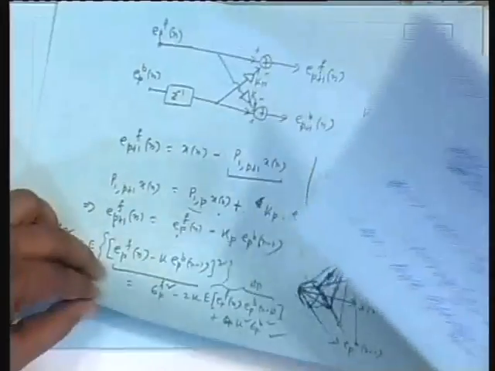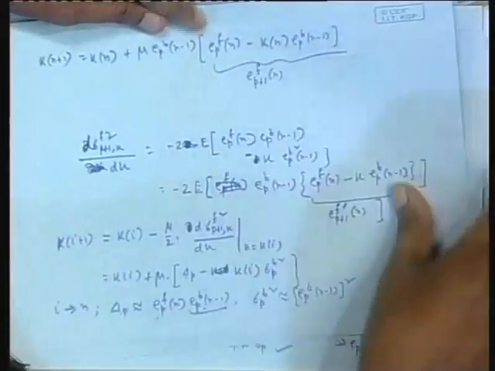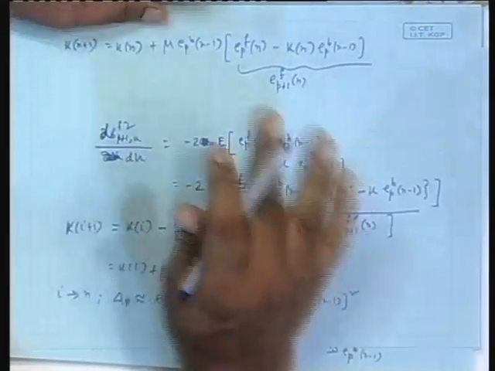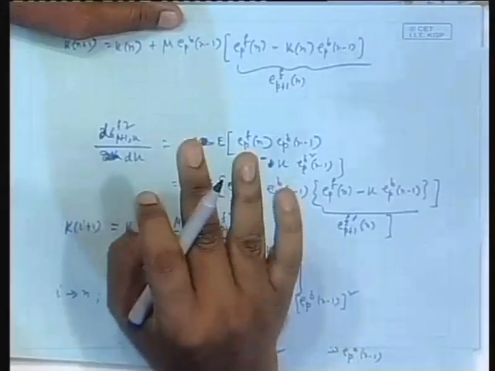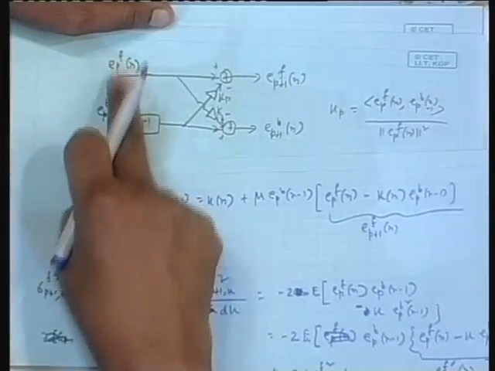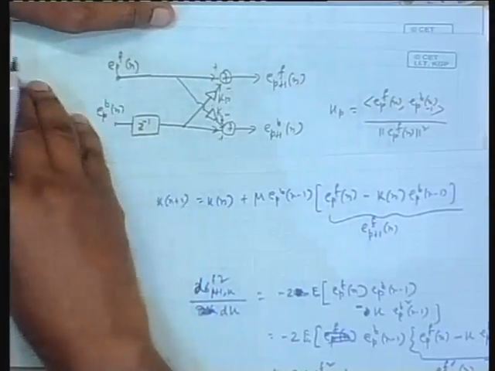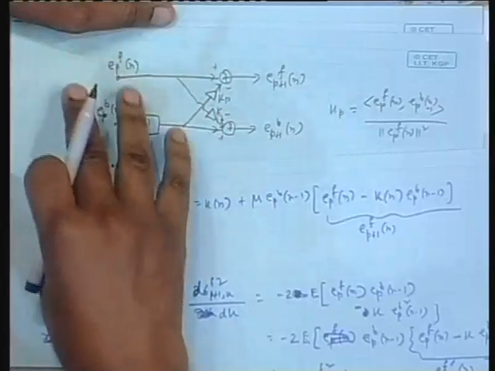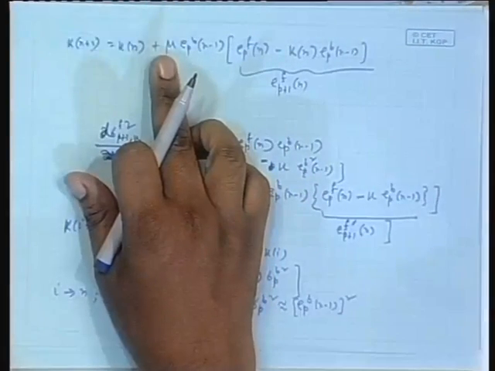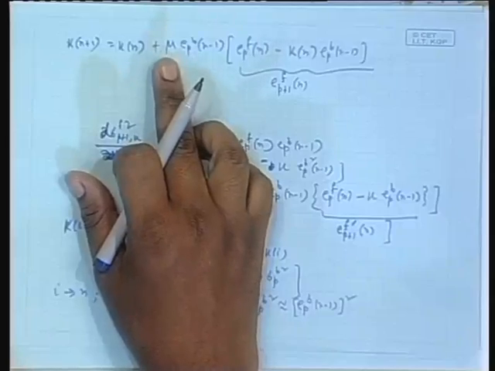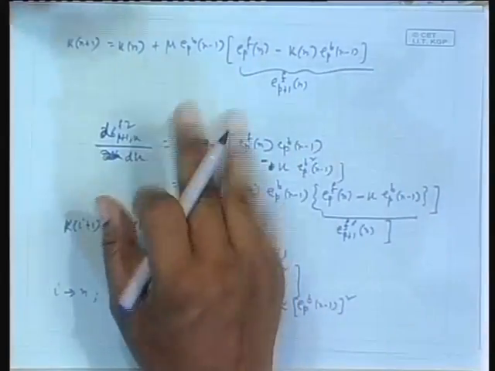Now, the problem is, if I just stop there, this will converge for some choice of mu. Though that convergence analysis I am not doing, because that is more complicated. It has to take care of the fact that I assume this to be optimal, but this may not be the ideal one, because it also has been generated adaptively from the previous stage. Some error has come in, so the overall thing is much more complicated, so I will not do it. But convergence analysis has been done by people, and they found that mu has to be chosen very small in general. Some range is also given in a complicated expression, but it converges.